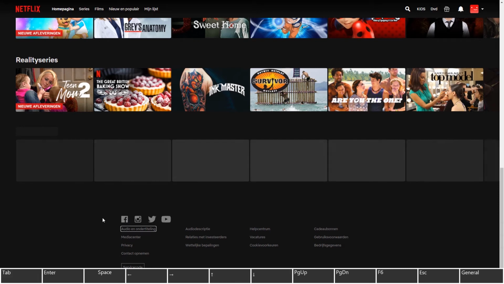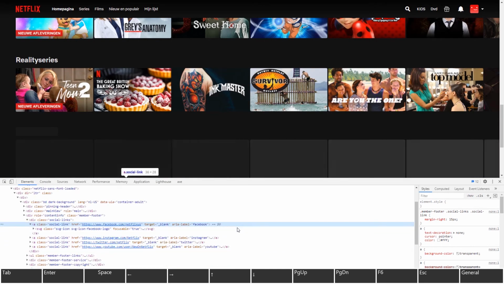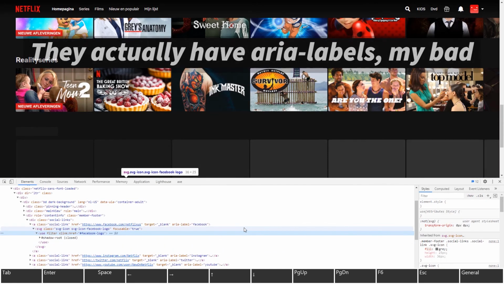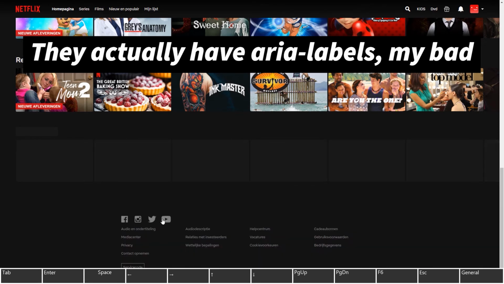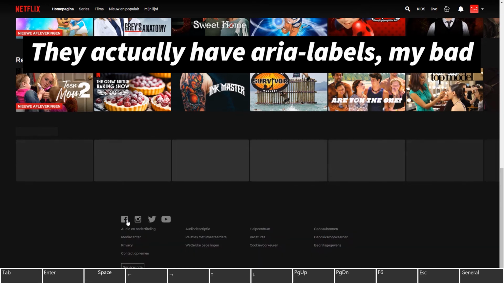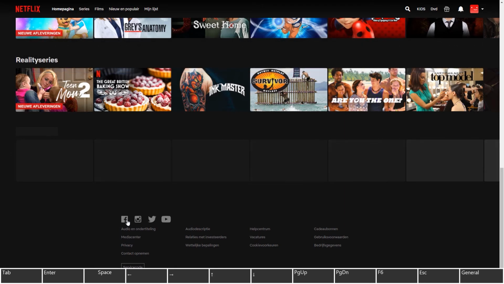Those icons, I guess they're okay. Let me see if they have area labels. Nope. Oh wait, maybe they have hidden visible links. Nope, they don't have area labels. And they also open in a new window. And they have no icon or no text that tells you that these links open in a new window. I also didn't see any labeling. That means if I navigate in the website with the screen reader, the screen reader is not going to tell me where those links are going to lead me.